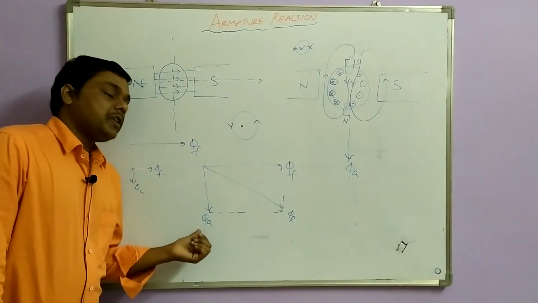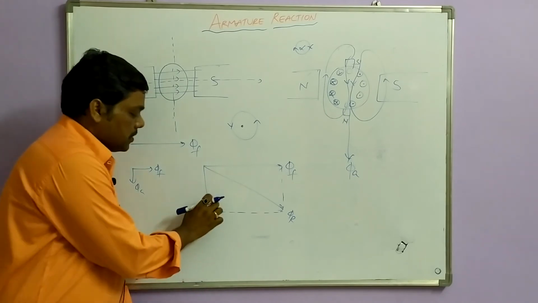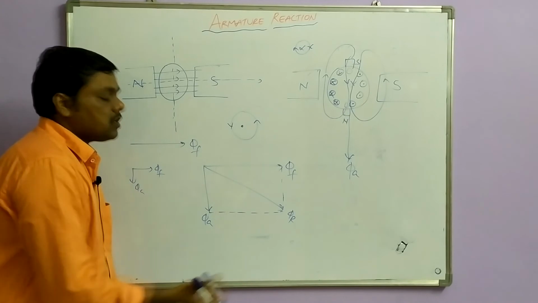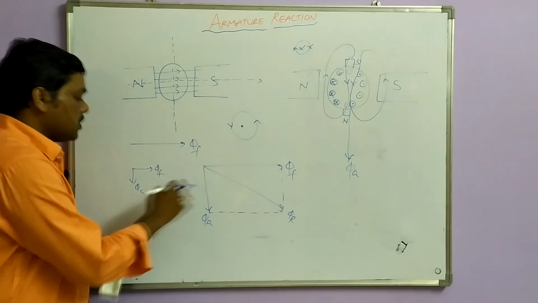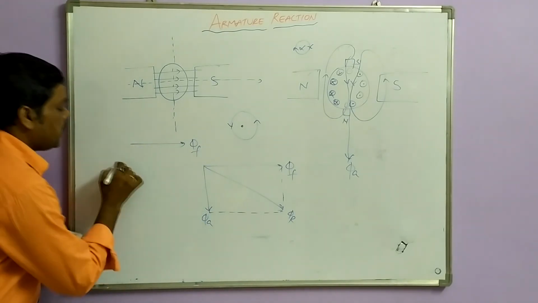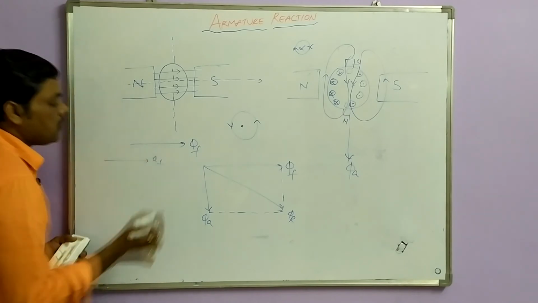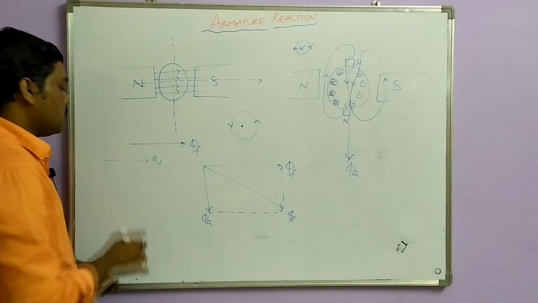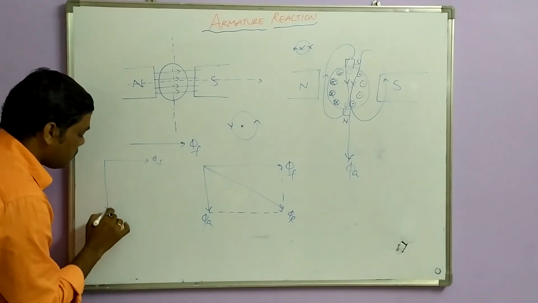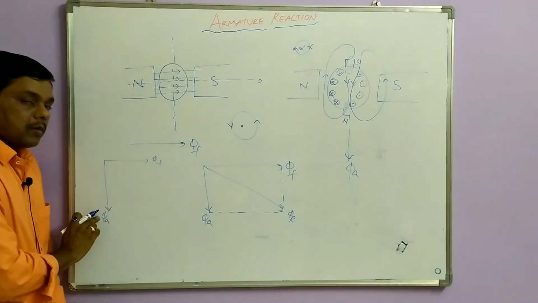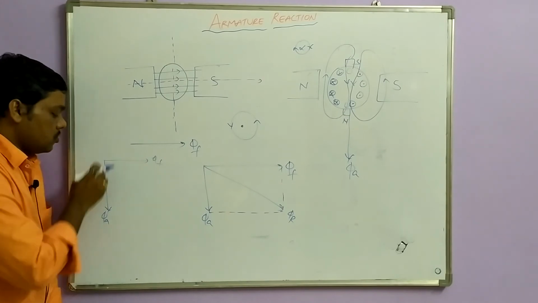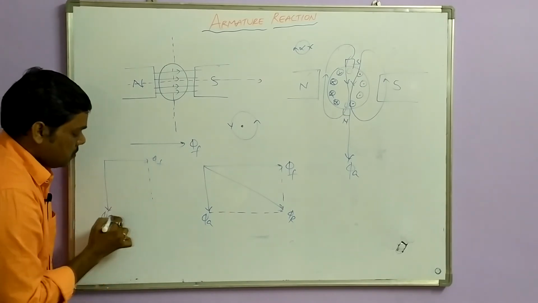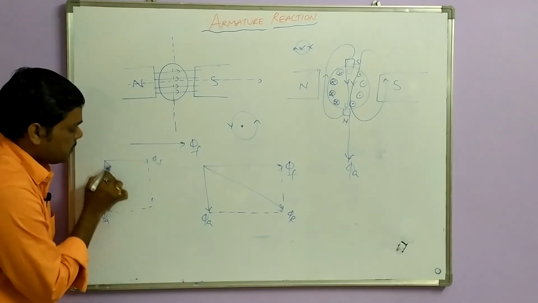You can also see here, this indicates the magnitude of armature flux, so it induces the armature MMF. Suppose this magnitude is higher and this is the field flux, which is a fixed value. So if the armature current increases, the armature flux also increases, so it may have a larger magnitude, then you can see here. So what is the resultant flux?